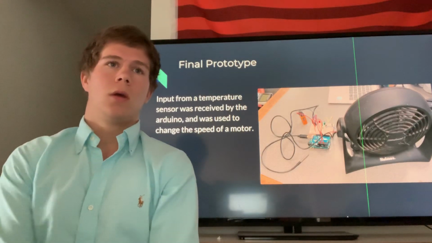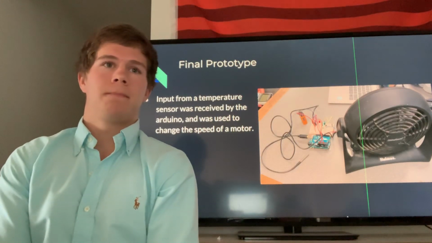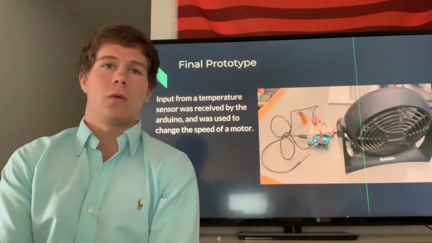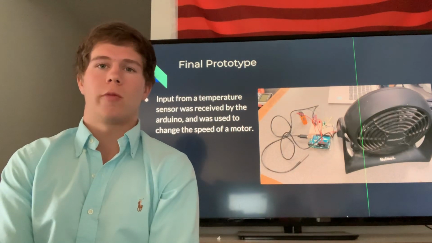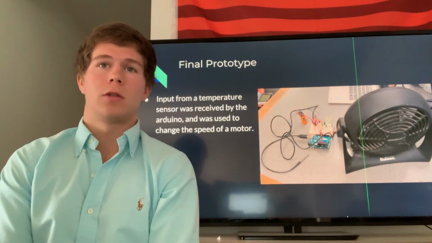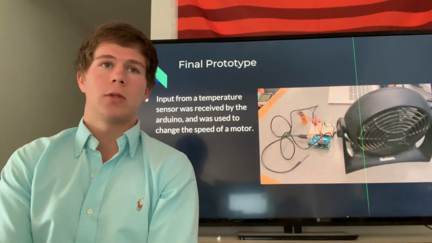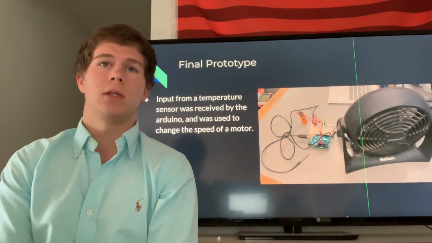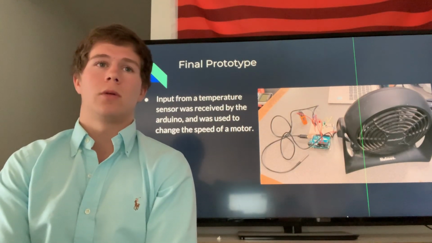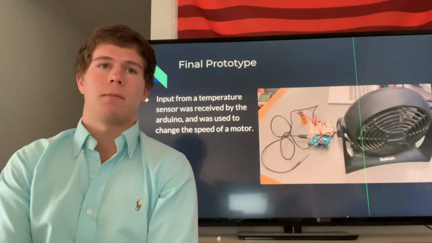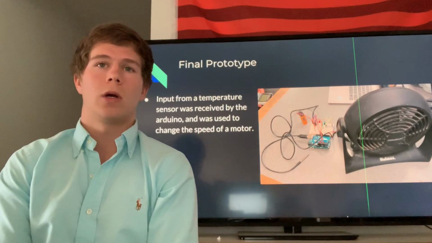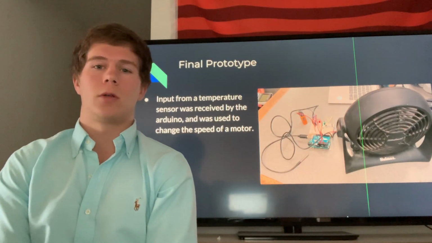Now, for our final prototype, in our final design phases of testing, we were able to successfully use the data from our thermometer to change when a servo motor would be spinning. We were unable to integrate these capabilities to change the speed of a fan. However, we have ideas on how the progress could be taken further into control of the speed of the fan. A full list of items for our product contains an Arduino, a breadboard, some wires of different lengths, a capacitor, a transistor, a servo motor, and a thermometer.